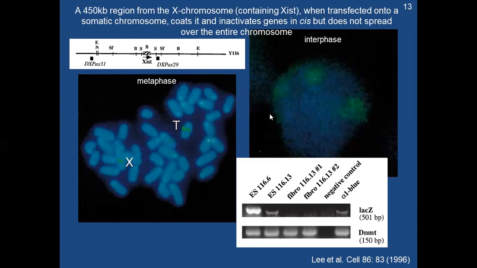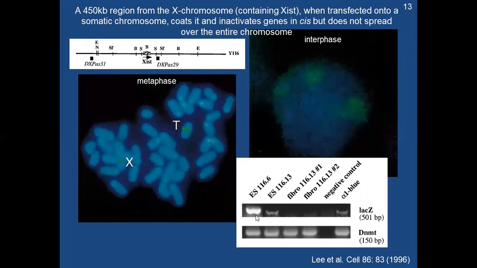All right, and then they did nice experiments to show that the Xist transcript transfection resulted in the silencing of genes that were transfected together with the Xist construct. They generated a construct like this, but the only difference was that it contained a LacZ gene somewhere in this construct as well. When the construct with Xist and LacZ was transfected into cells, as shown here, it was observed